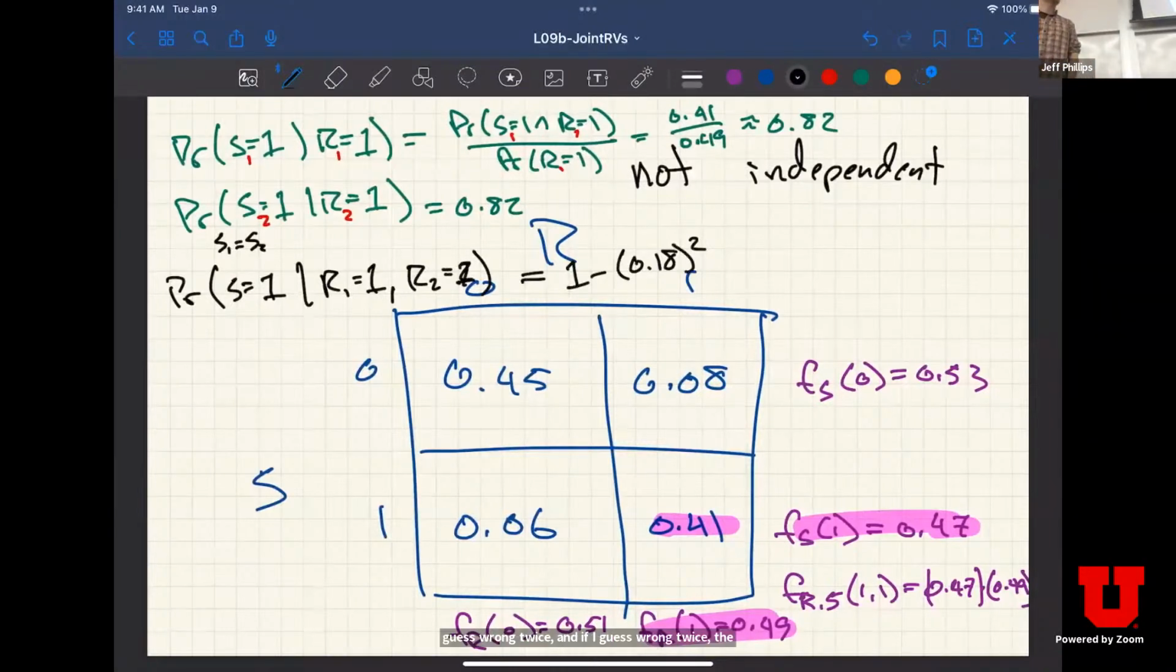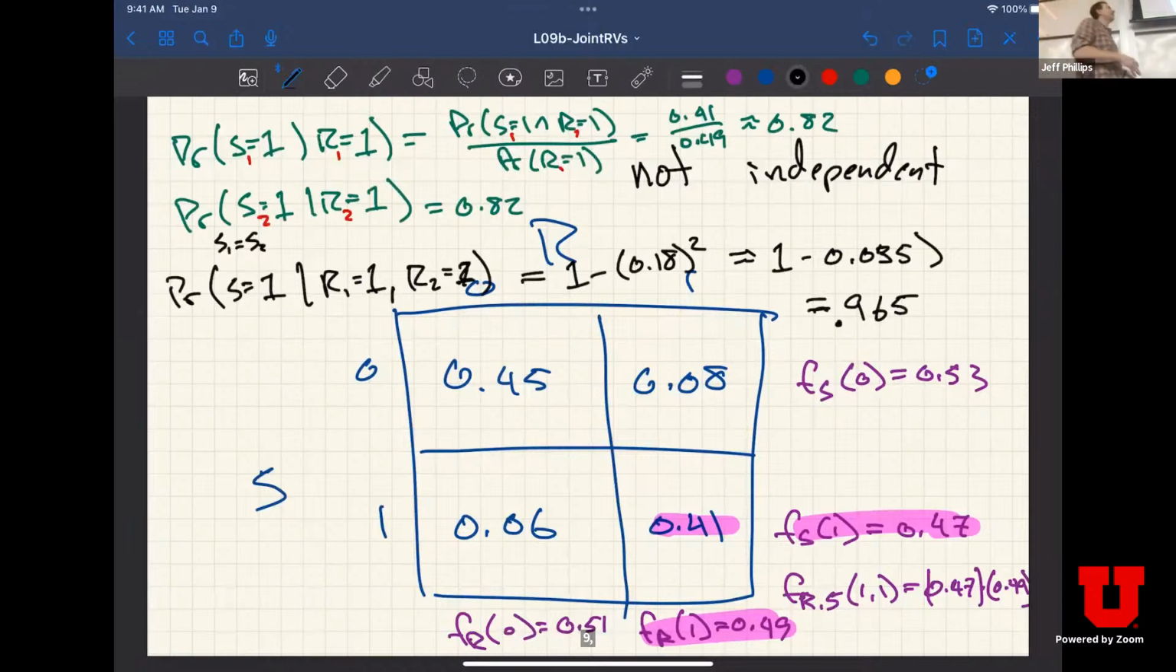So what's 0.18 squared? That's roughly 1 minus 0.035, so this equals 0.965. So if I do this repeated experiment, I boosted my probability from 82% to about 96%. Okay, and you can repeat this as long as you have some signal going across the channel that's not independent